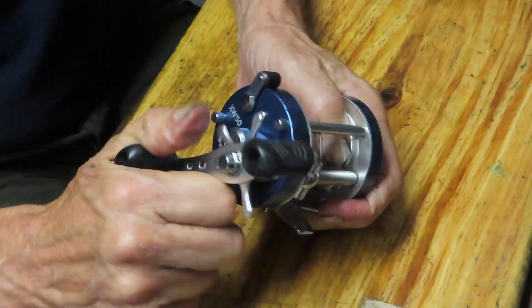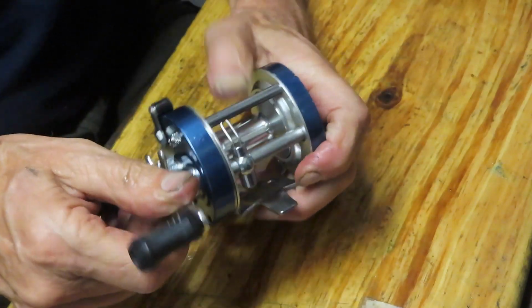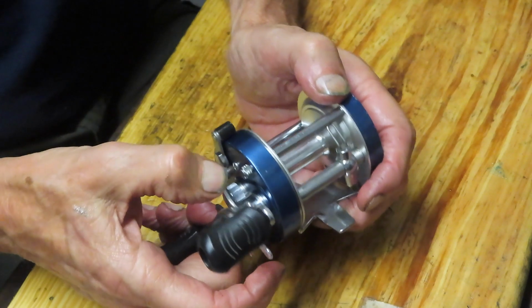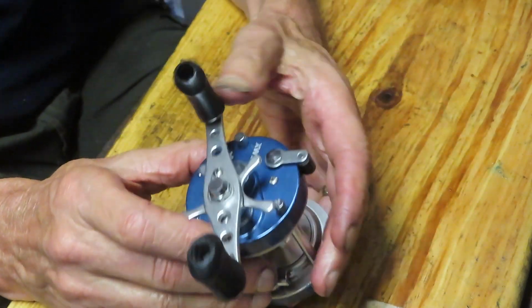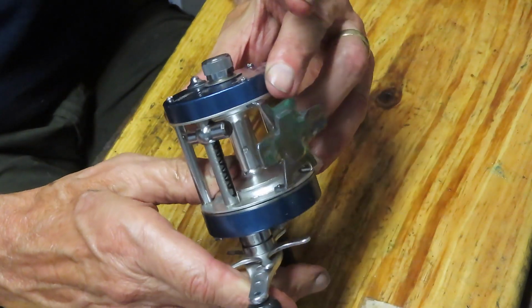We want to tighten down our drag to make sure that those are holding. There's no reason it shouldn't hold. Then you want to back your drag off. You don't want to keep pressure on your drag when the reel is not being used. So that's it. I hope you've enjoyed it. I kind of enjoyed working on it. I made a little fun of it there, but